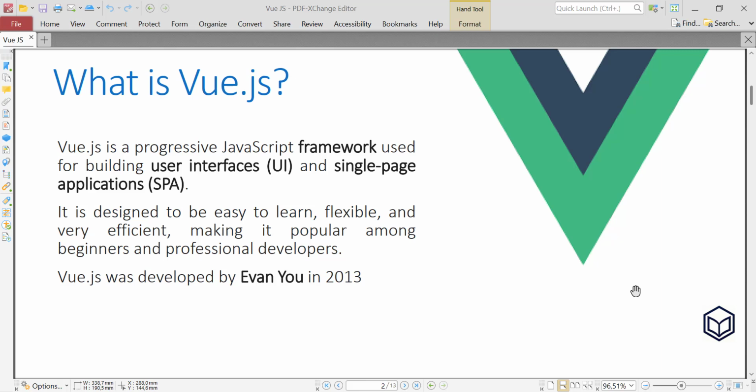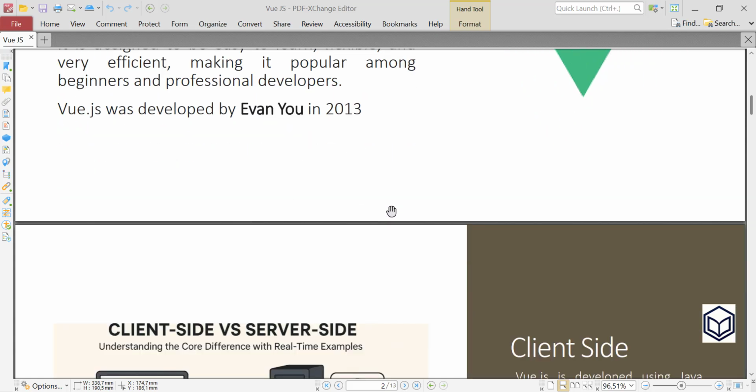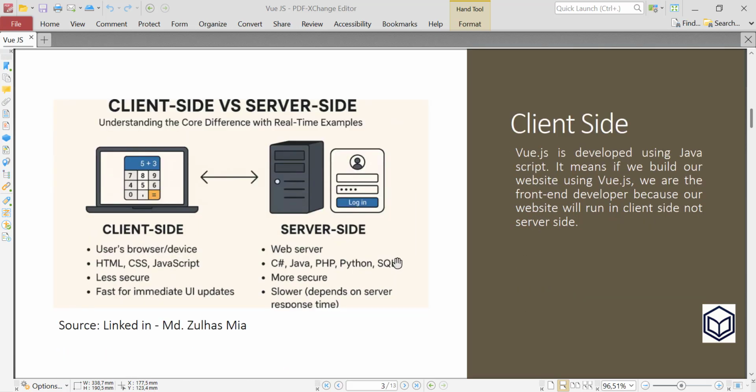Later I will explain what a framework is, what user interfaces are, and what a single page application, or SPA, is. We know there are two paradigms, client side and server side, if we develop a website or mobile programming.